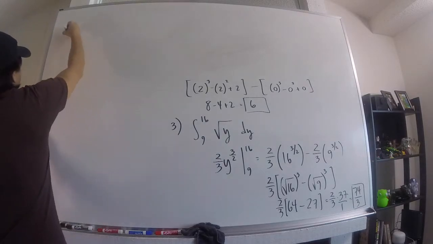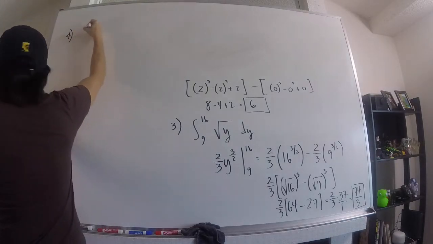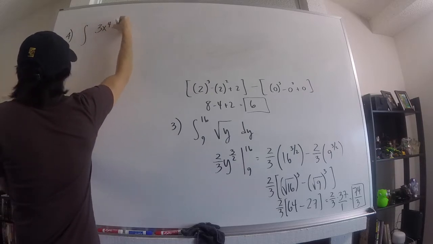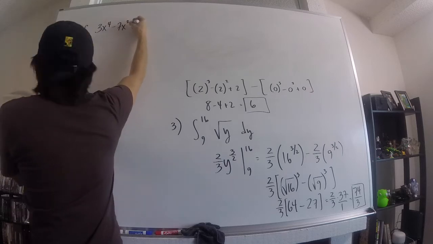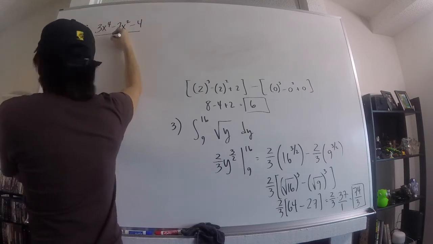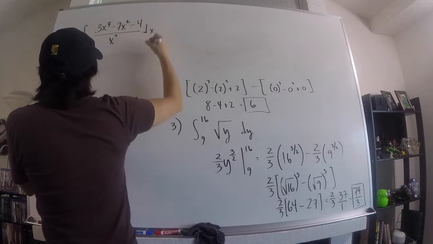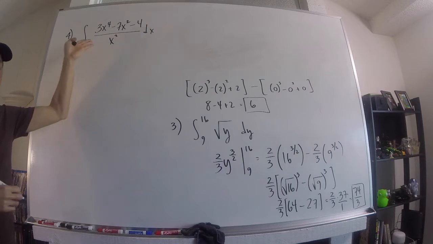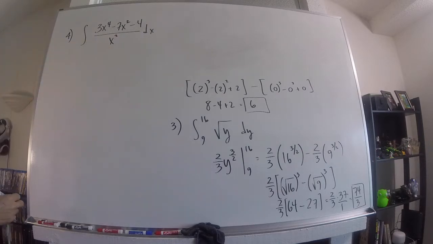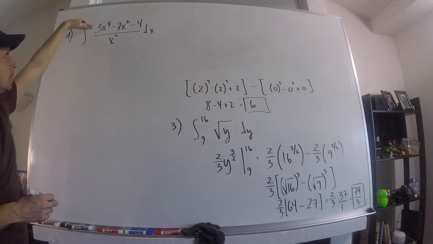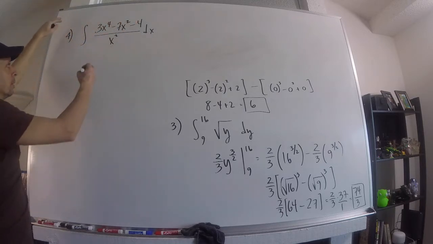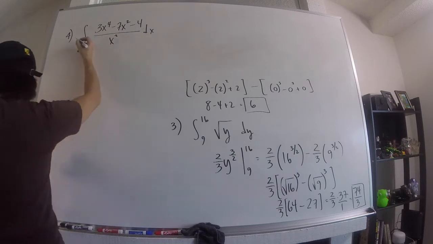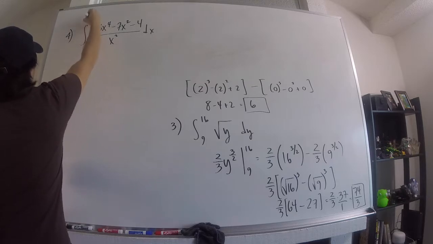Number 4. So far, no substitution. Do I need it here? If you had a lot of terms of complicated denominator, you probably set your u to be your denominator. If you set your u to be the top, you won't have to account for the bottom. And if you think about it, no, you don't need to, because this is a situation where